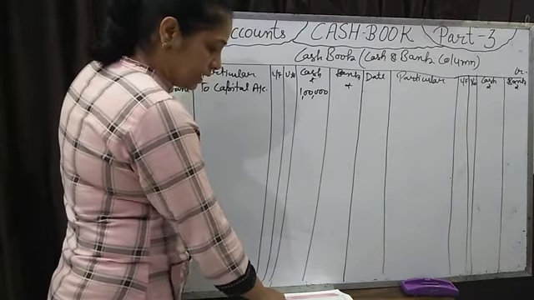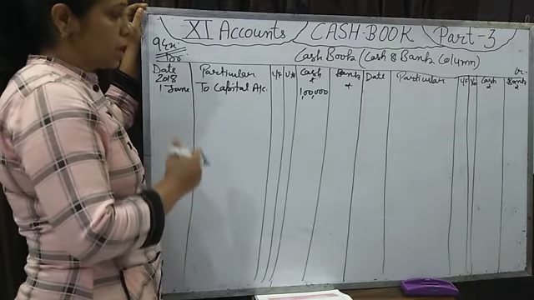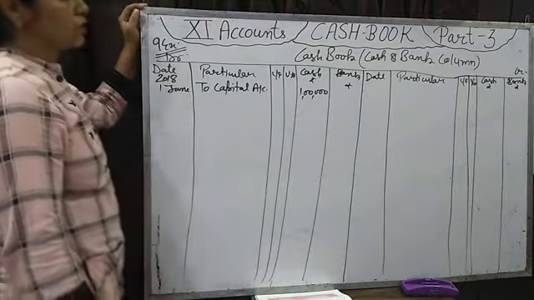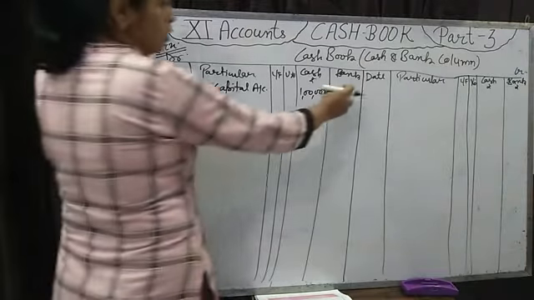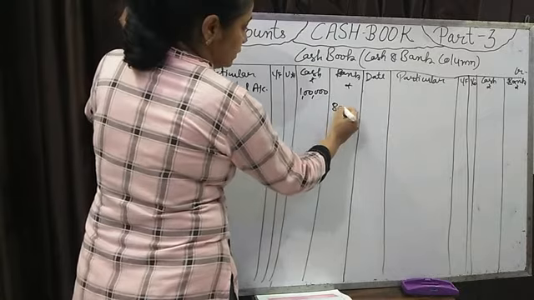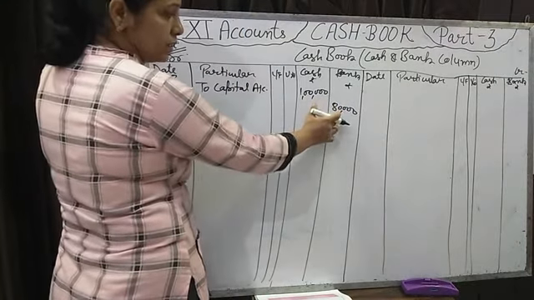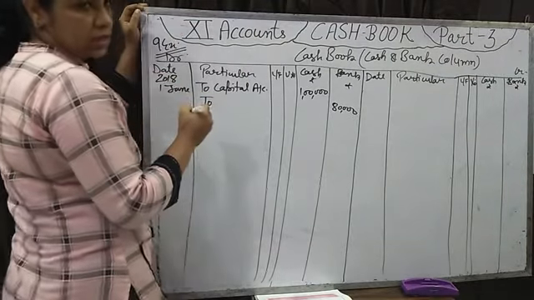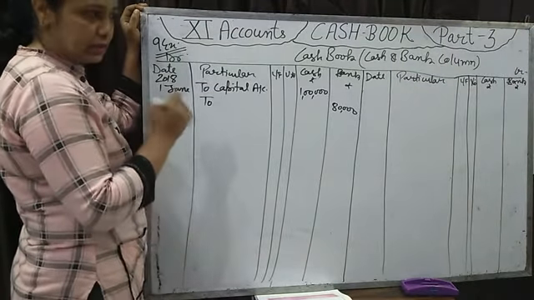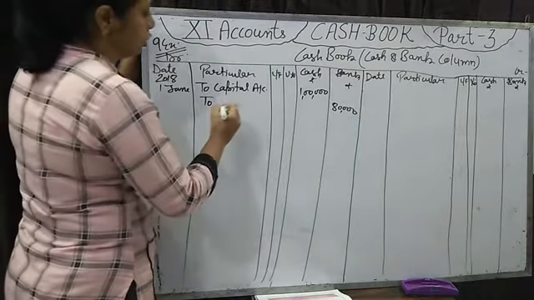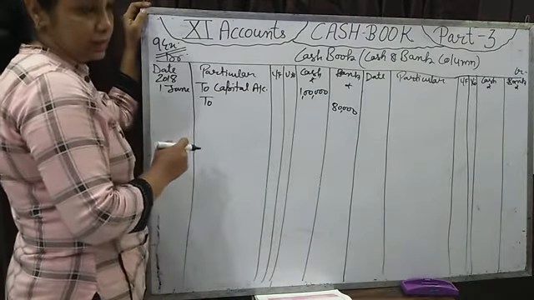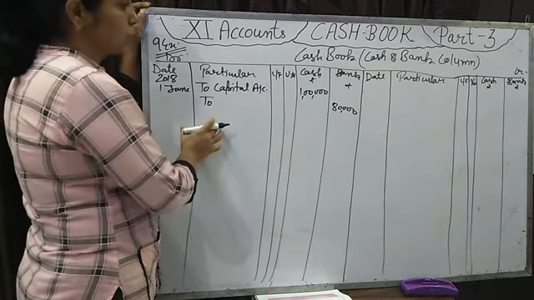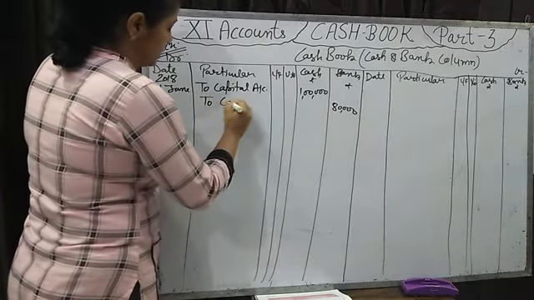Now we are opening an account, and when we open an account in the bank we have to deposit money. How much money are we depositing? 80,000. So in the bank 80,000 is coming in, debit comes in, so we will write it in the debit side of the bank column. This is a contra entry. In the previous lecture, part 2 video, I told you that when we deposit money into the bank, this is a contra entry, and a contra entry will be passed on both sides of the cash book, debit as well as credit.